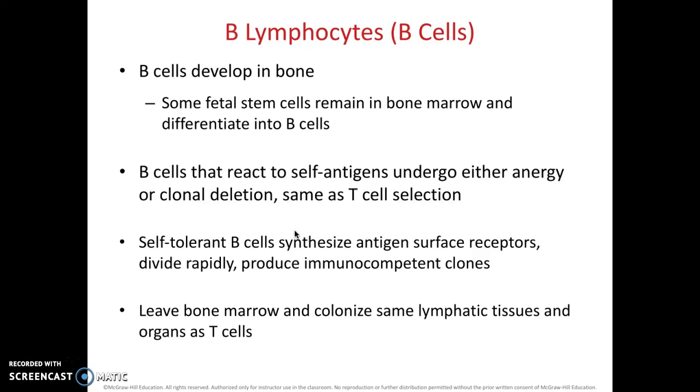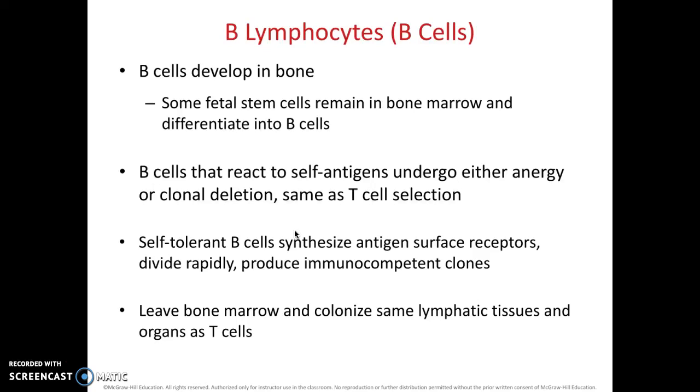B cells, which are another form of lymphocytes, develop in the bone marrow. So some fetal stem cells will remain in the bone marrow and then differentiate into B lymphocytes. B cells that react to self-antigens either undergo anergy, which means they just kind of chill out there but are not really doing much, or clonal deletion, which means they are deleted or phagocytized by macrophages, which is the same